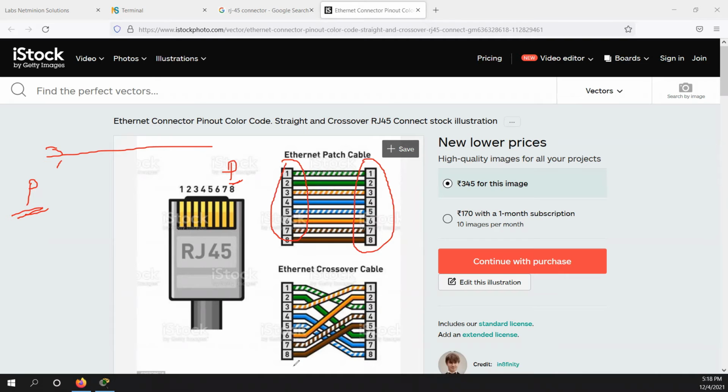And if you are arranging your cable in such a way, okay, in this way, white green, green on this side, and on the other side you are putting white orange, orange, and then white blue, and on this side white brown, like this, and you are putting in this way. If you are putting in this way, this is known as a cross cable.